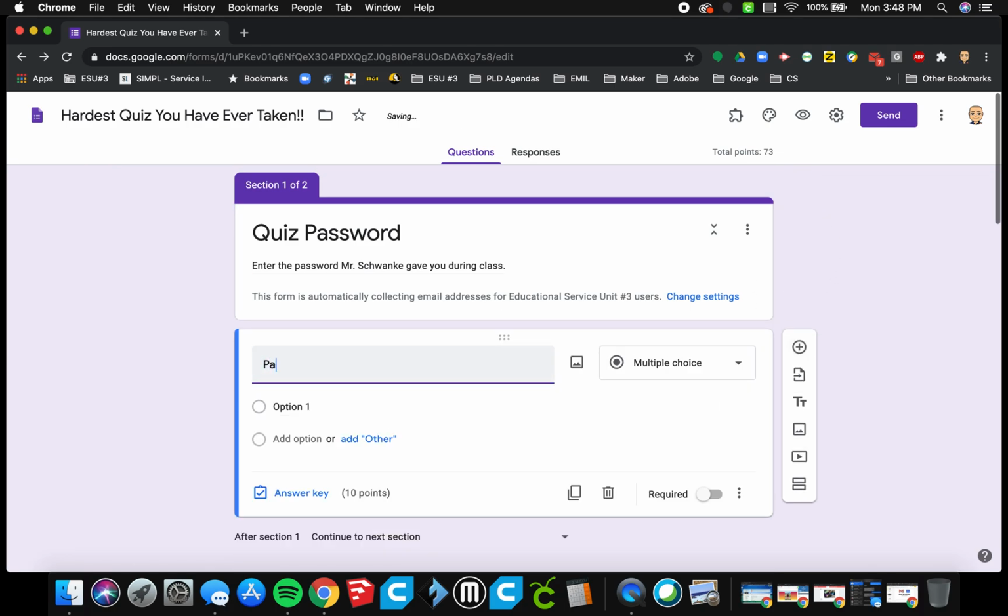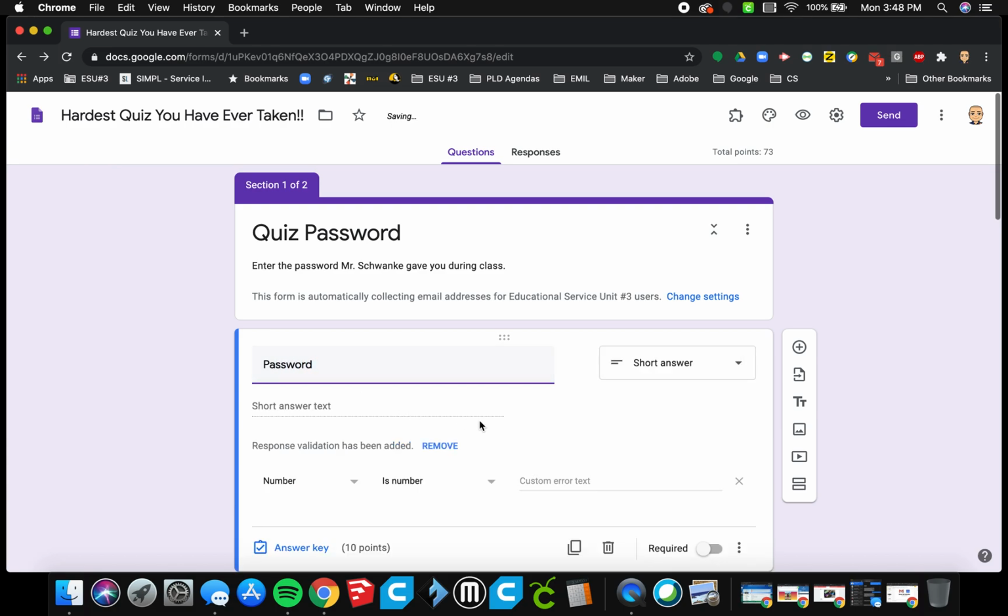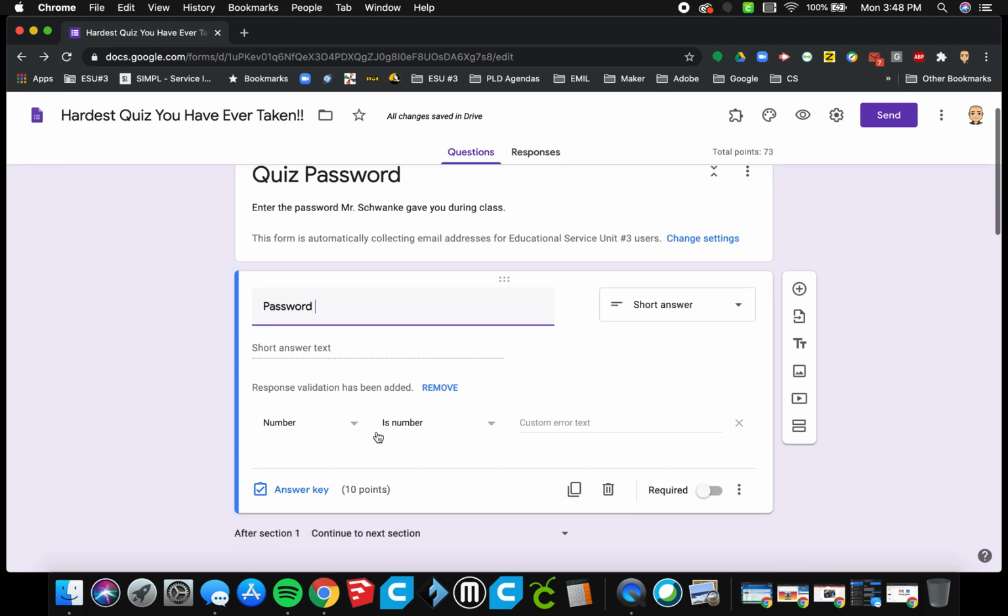And for this first question, I'm simply going to type in password. And notice what it does when I type in password. Google automatically knows that it should be a short answer question, so it switches it to that type of question. But it also adds response validation. If for some reason response validation isn't added, you can also find it here under the 3 dots right here,